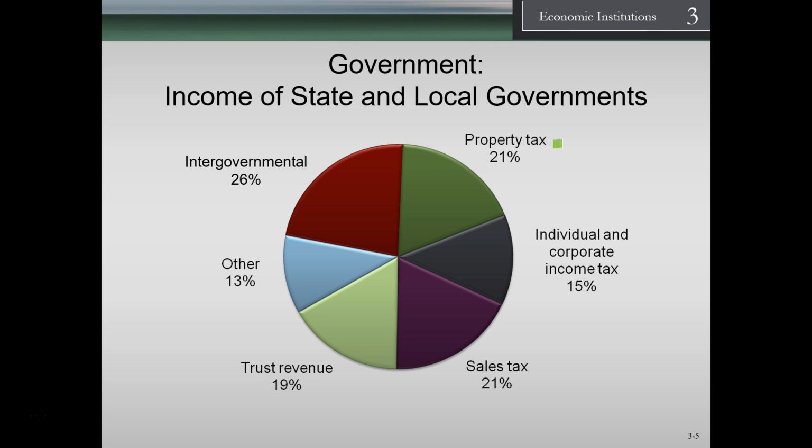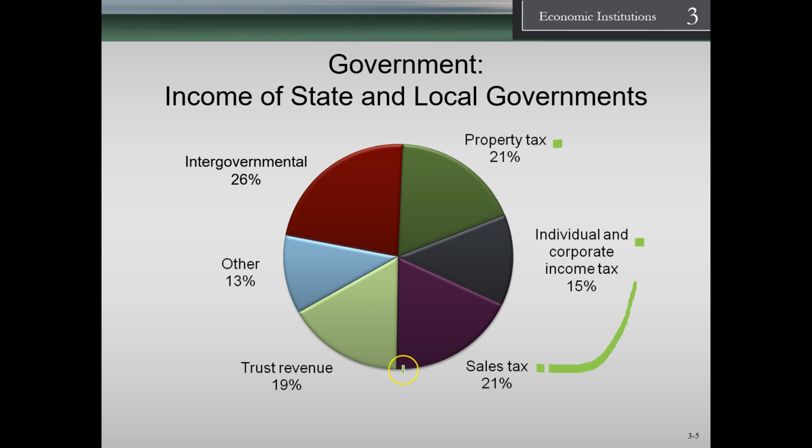Now, the state is responsible for doing things within the state, spending the money in such a way to cover some expenses in the state. However, how they collect the money is more up to them. So, property taxes, individual and corporate income taxes, sales taxes. This is one where states differ a lot. Some states are going to have more of a sales tax to collect revenue. Some states will have more of an income tax. Some states will have both.